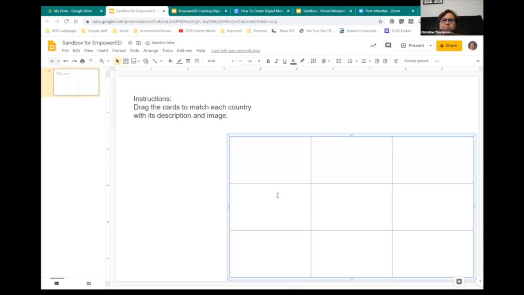So now that I've got that table in there, now that I've got it resized and I've got it positioned out of the way of the things that I know I'm going to put there, now I'm going to create some headers and I'm going to use text boxes to do that. Like I said, I know what mine are going to be. I'm going to create one for country.